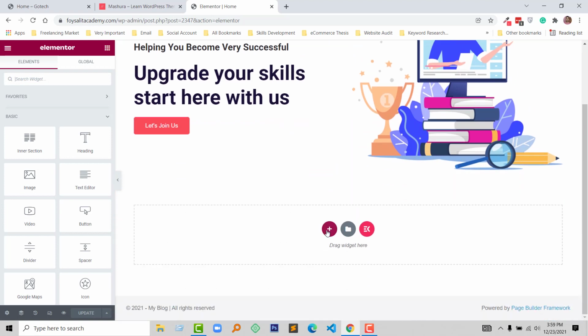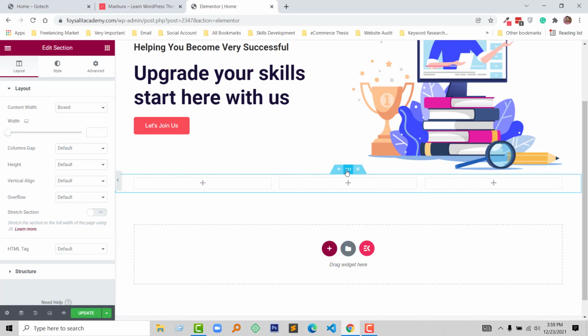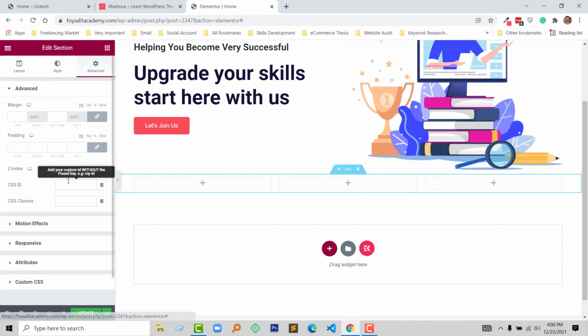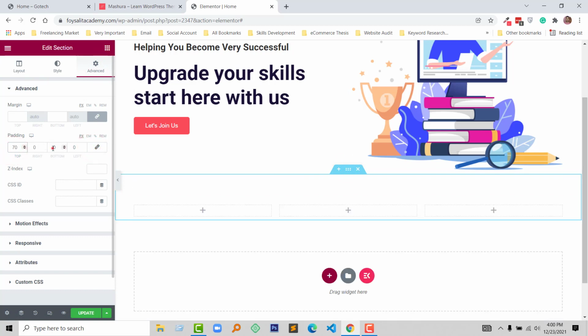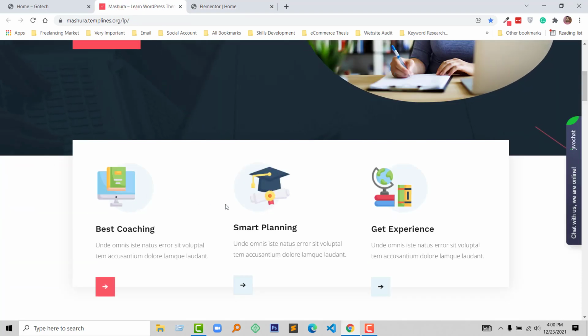Now going to click on the add a new section, select structure. I want 3 column and add padding of this section. So click on this icon, click on the advanced, add padding top and bottom. Okay, now we need to add 3 promo section or feature section. So I'm going to directly copy from here,